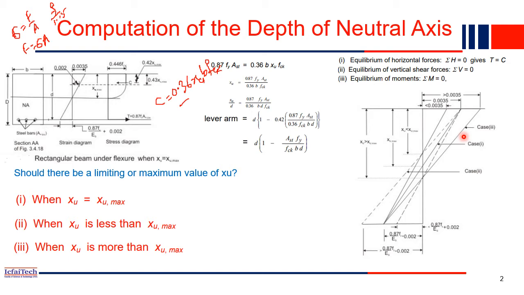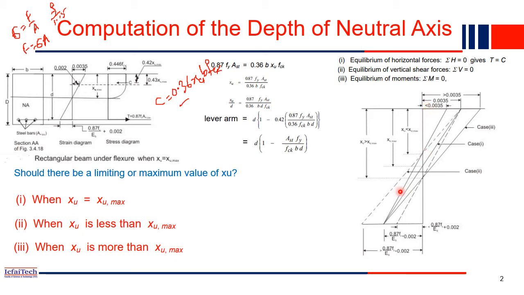So this is not at all acceptable in the limit state design philosophy. Our structure should not collapse immediately or suddenly. It should give sufficient time. So our design should be such that in no case concrete should fail first. If concrete fails first, then what will happen? The entire structure will collapse immediately. There is no sign of failure. Immediately it will fail quickly. So the concrete should not fail at any cost.